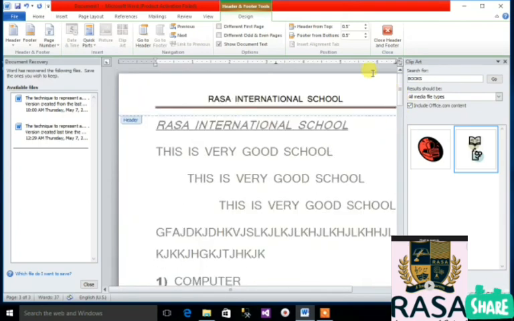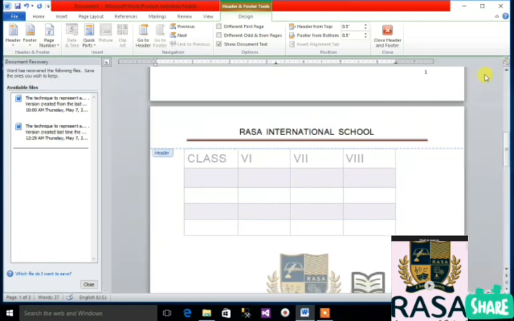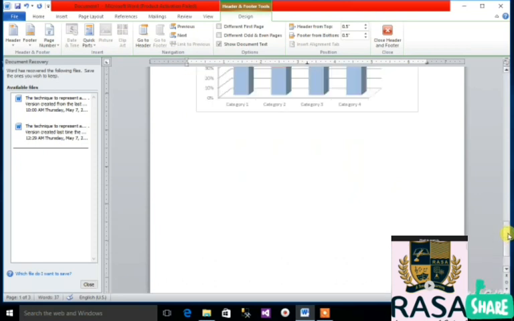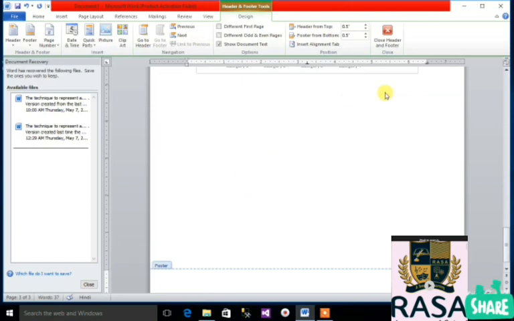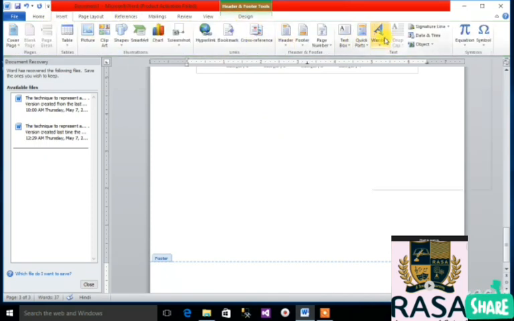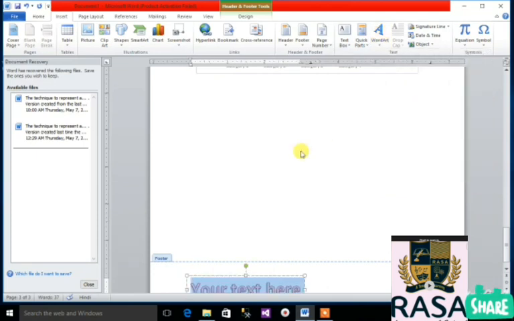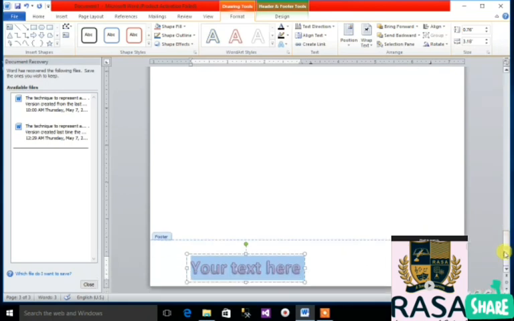Okay, and you can add word art. You can insert word art like this, and you can design your text, whatever you are writing here.